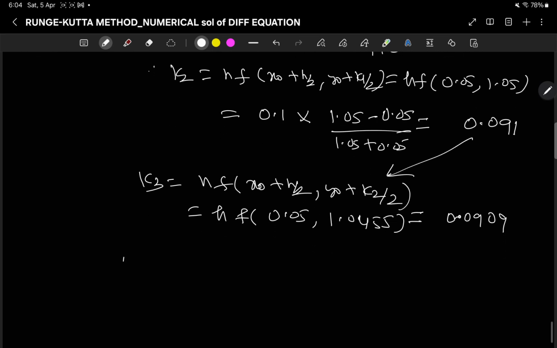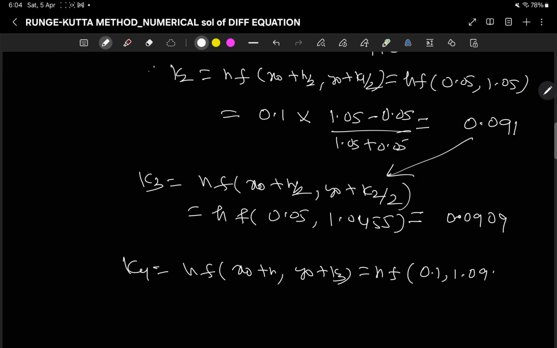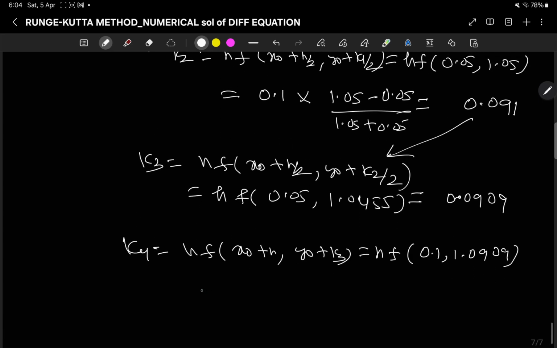Okay. Now coming to your k4, which is h f(x0 plus h, y0 plus k3), which is equal to h f(0.1, 1.0909). So this will be your 0.0832. So now by the formula, what is your y1? y1 is y(x1), which is y(0.1), it is